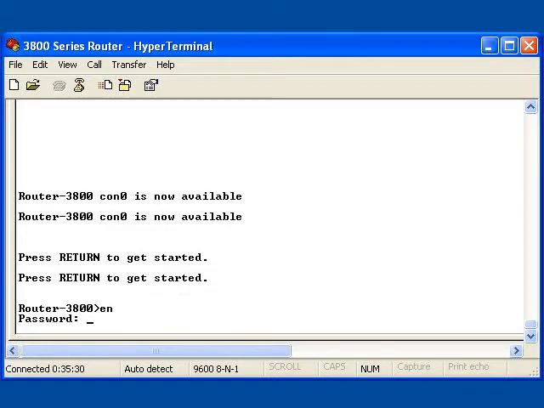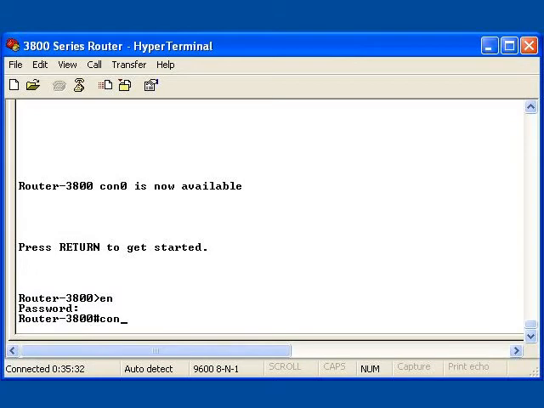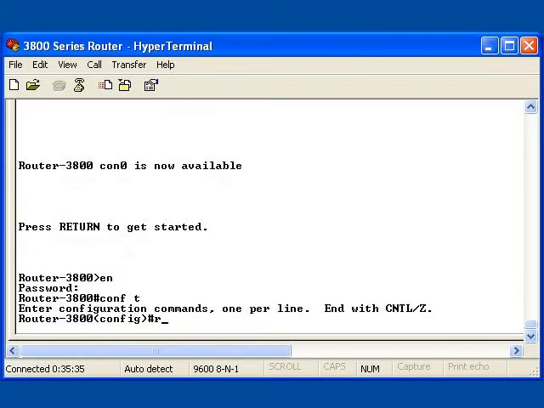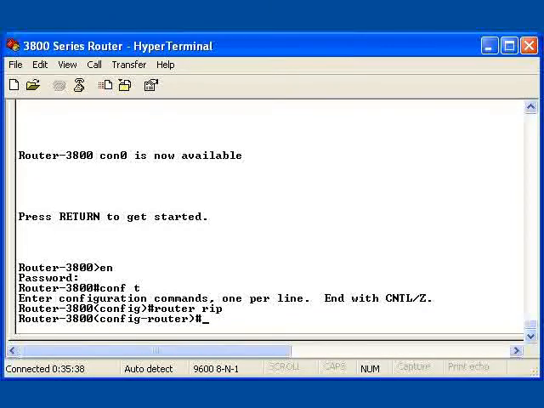When you get enabled, you're going to go to Global Configuration Mode, and here I'm going to type Router RIP. That's all I have to do. Notice the changes made to the Global Router Configuration Mode. Now, all I have to do is to inject the appropriate network ID. Now type the network command,